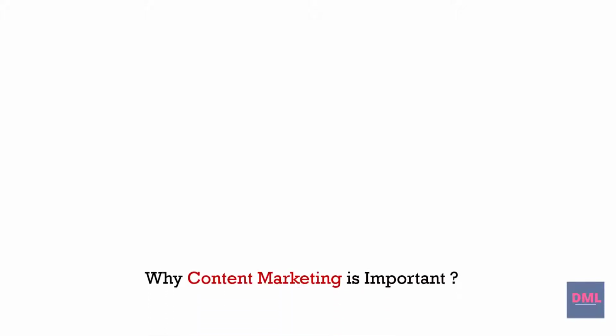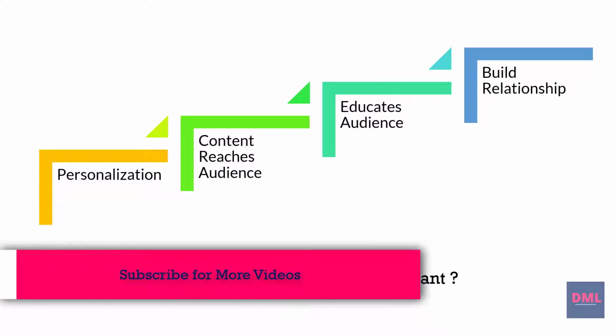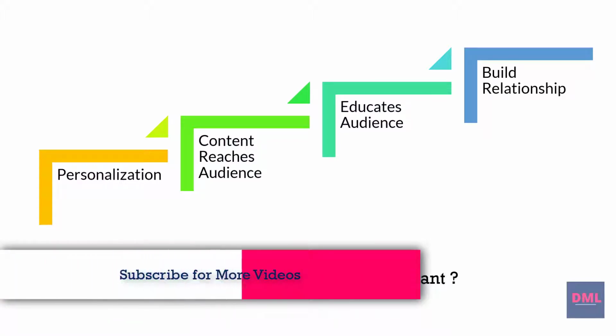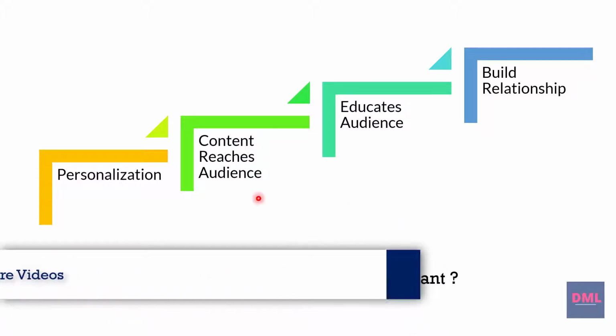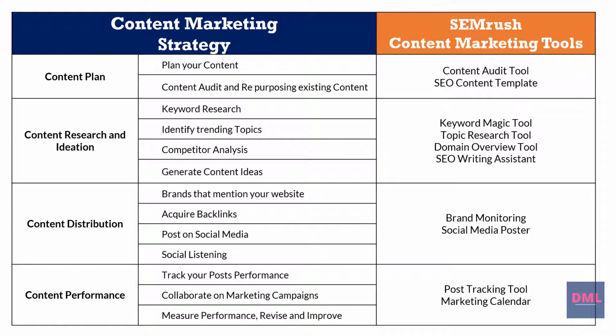We discussed why content marketing is important, and we got to know how content marketing helps us create personalized user experiences because we are continuously tracking the performance of our posts. We take feedback from the content distribution channels. We make sure that the content educates our audience, and then we build relationships, and thus we are taking continuous feedback and improvising. Then we discussed various activities we perform in content marketing, and we did a double click on the different tasks that are performed within those activities which are mentioned here.